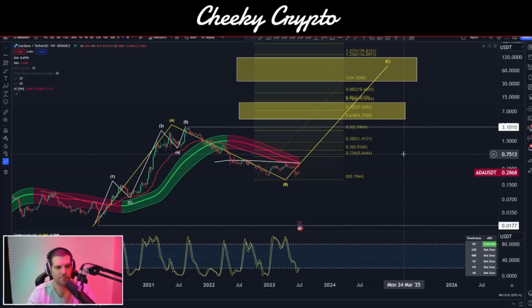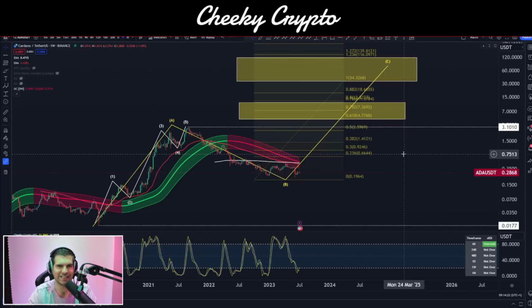Now, the other thing that we have to consider here are the ETFs, and specifically BlackRock's ETF application for Bitcoin. This is going to drive a lot of attention on cryptocurrency, and is going to basically be, I think, one of the big drivers in the next bullish market. I don't think that's going to get rejected. I don't think the SEC would reject it, and if they try to, I think Gary Gensler would get fired for it, and it would still get approved.